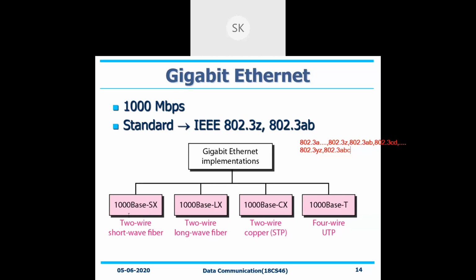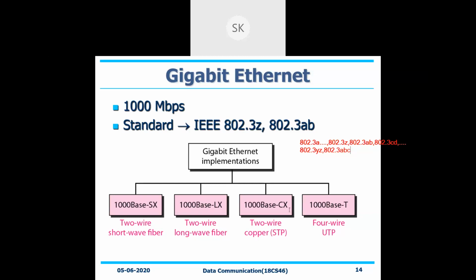For the time being, we may require 2 wires as more than enough to transmit it, because whenever we call it a fiber network, 1 is for transmission and 1 for receiving. So based on that, 2 wires are more than enough. LX is also one and the same, but the only thing is the wave format that you are having is a longer format when compared to your 1000 base SX.